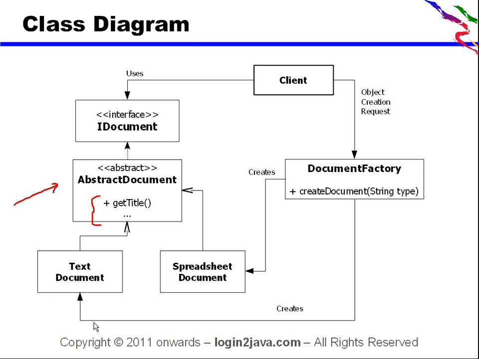So if you see, this is a classic example for using around 3 design patterns to create the 4th one. The first fundamental design pattern we have used is the interface implementation. The second fundamental design pattern that we have used is interface with abstract class. The third design pattern that we have used is singleton, and using these 3 design patterns we have created the factory method design pattern.